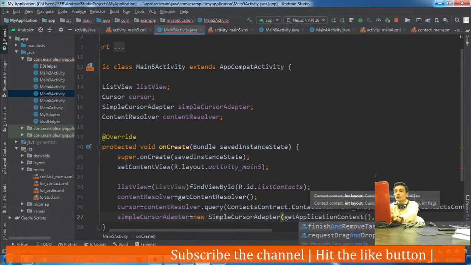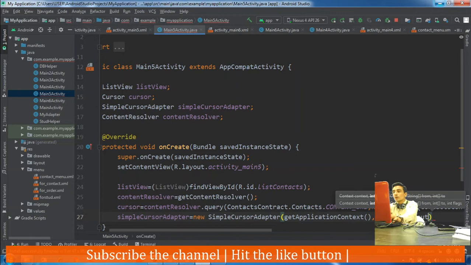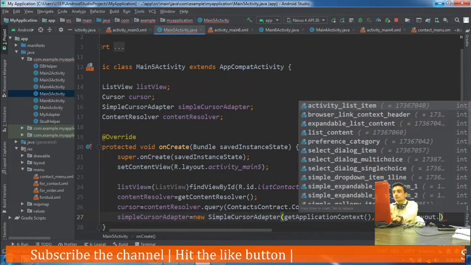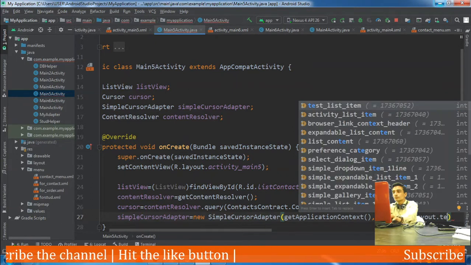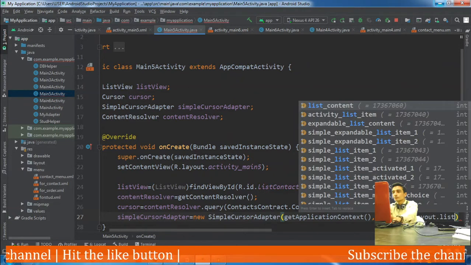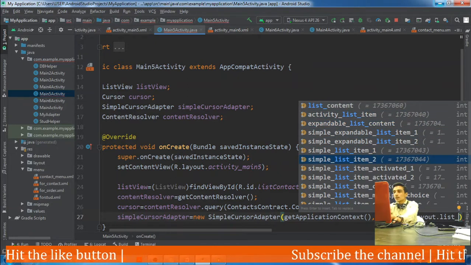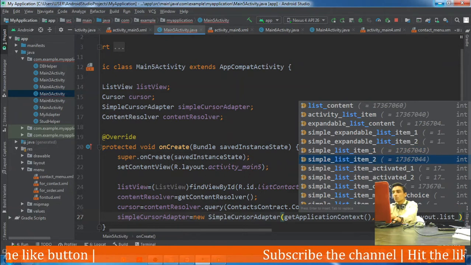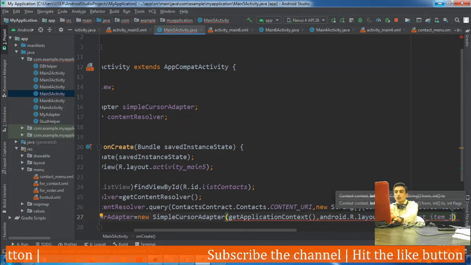We haven't defined the layout, but let us try the predefined layout of Android, simple list item 1. Let's try it. Otherwise we have to define a layout.